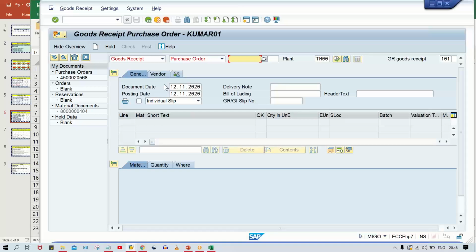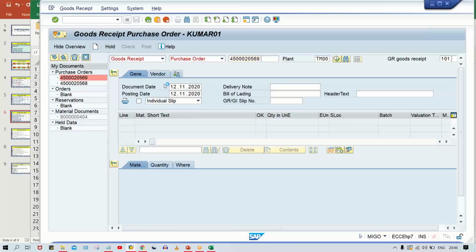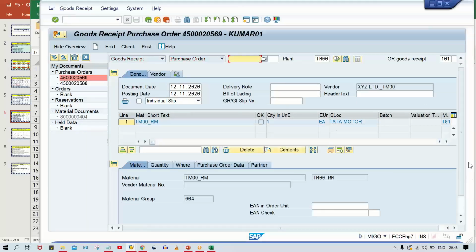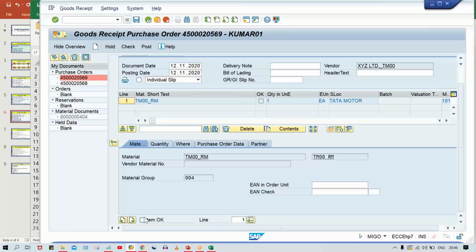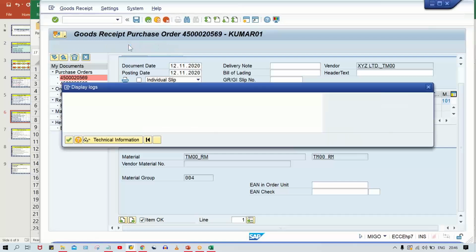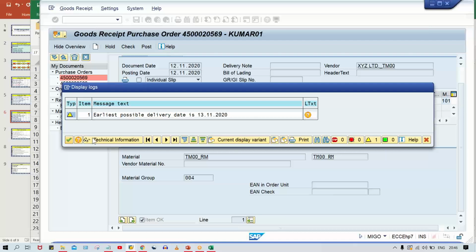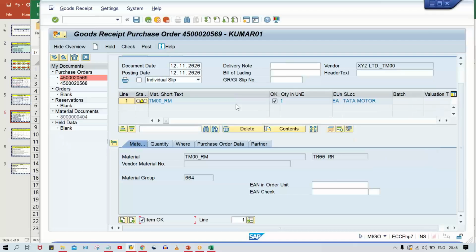Once you receive the goods, only then is the moving average price going to be updated. So give this PO number, scroll down, item OK, and check if anything is there. This is a warning message, so it can be ignored, and then you save it, post it,